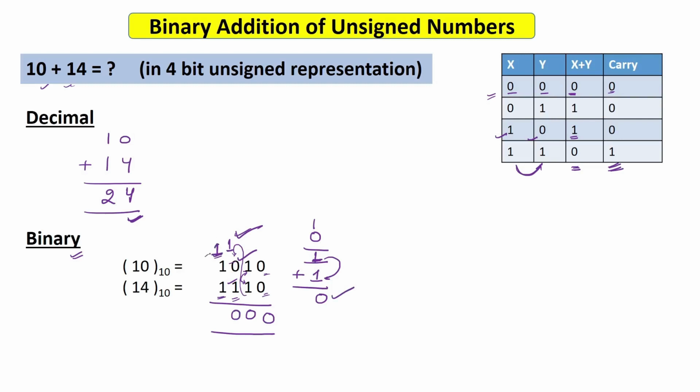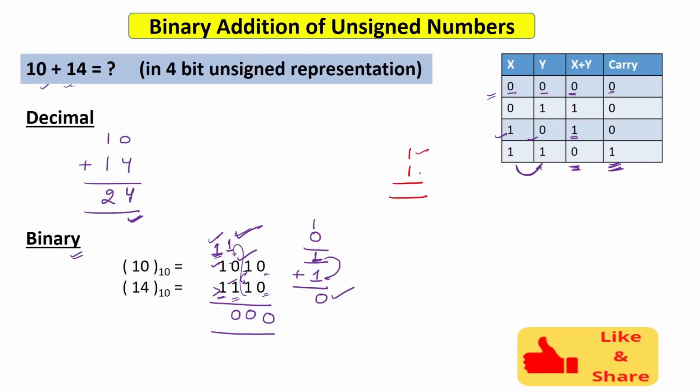Now you are adding these 3 ones. First you add this 1 and this 1. So 1 and 1 is again 0, and you are saying the carry is 1. It becomes a tedious task to generate 0, then write 1 somewhere, and then add that 1 with another 1. So the simple thing that you have to remember is that whenever you are adding 1 and 1, you will be getting 1 0 as the answer.